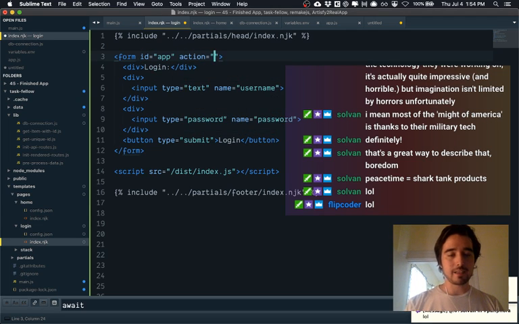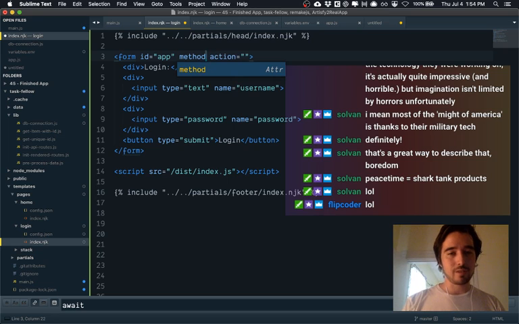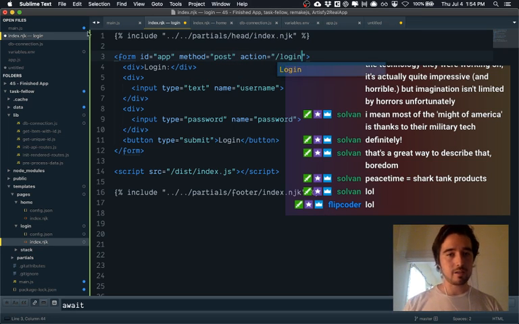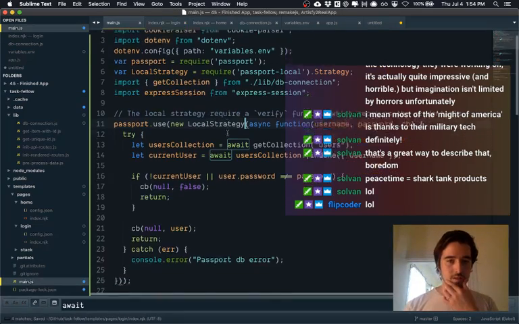I think it's action post, right? Or no? This is embarrassing. It's method post. Jeez. So we're going to do method post and action login. Okay, so this should